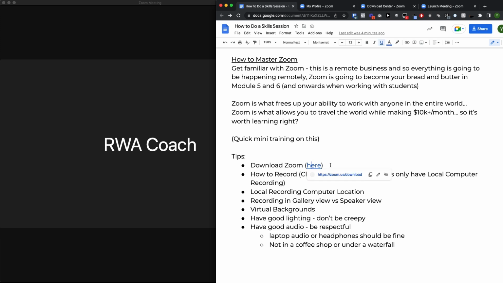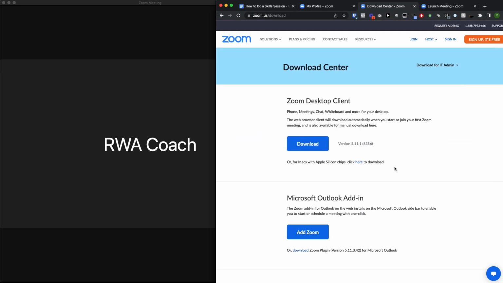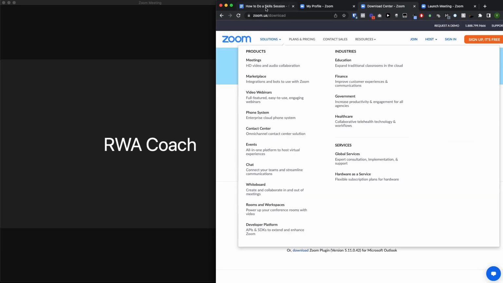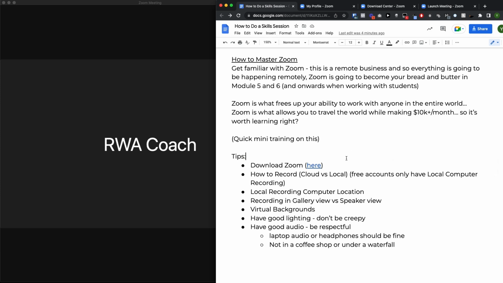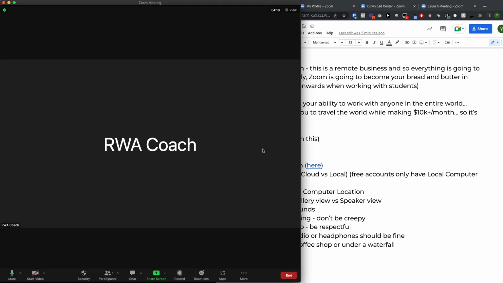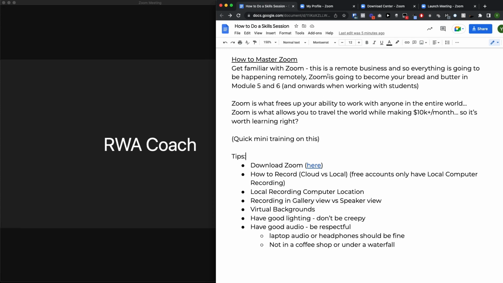So you're going to follow this link that is inside of the guide, or you can just Google download Zoom, and then it's going to take you over to a download center. And then that way you can download Zoom onto your computer. Okay. That's going to be very important for you to do, so that way you can go through all of the settings that I'm going to walk you through. Next up, let's actually open up the Zoom software and show you what this looks like. But before I do that, I want to walk you through what it looks like on the browser.